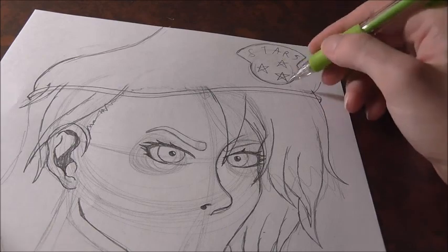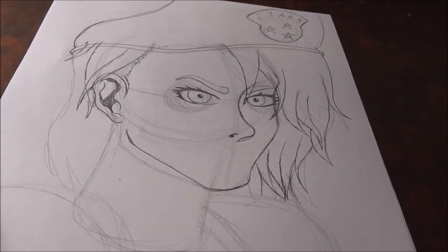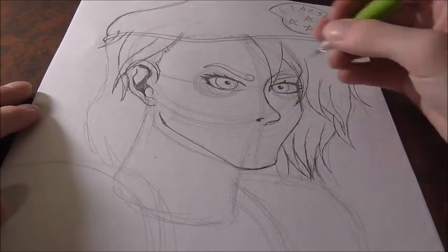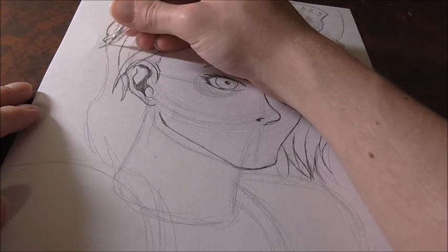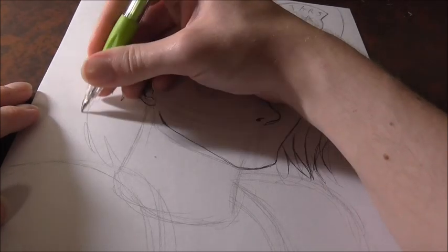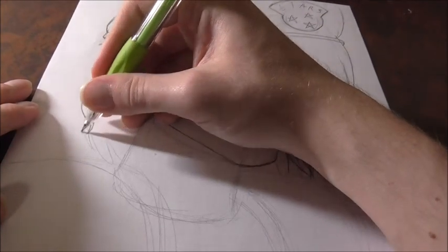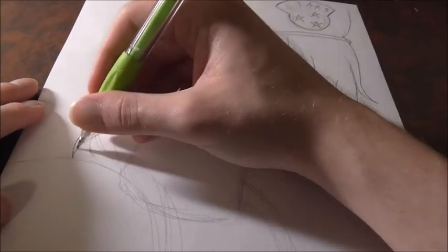Like that, so you get three little red stars on top. There's her hat. And now, just to finish off the hair here, it pretty much follows the gesture that we have, so it's going to curve down and over, like that. And again, there's no rhyme or set way to do this, so just add in